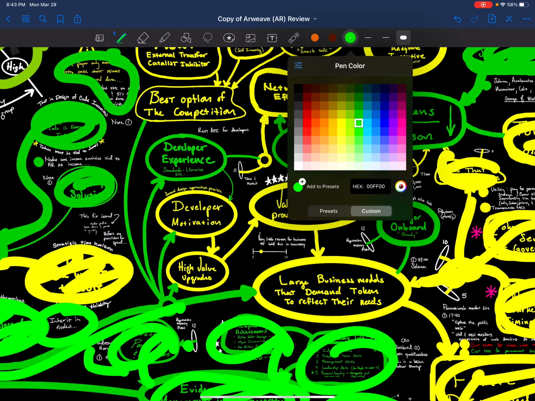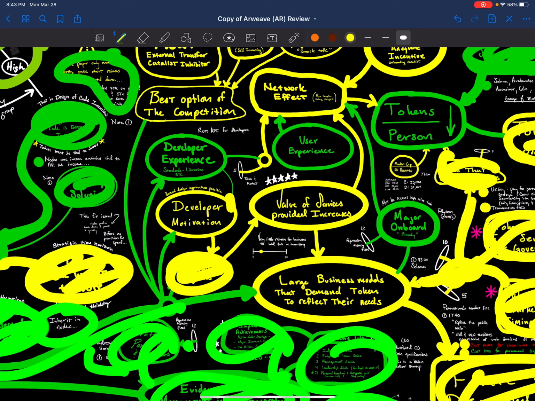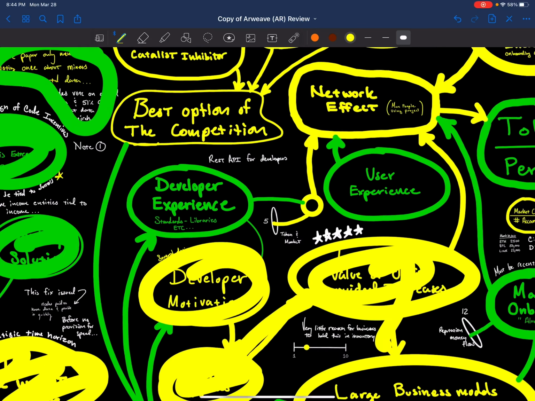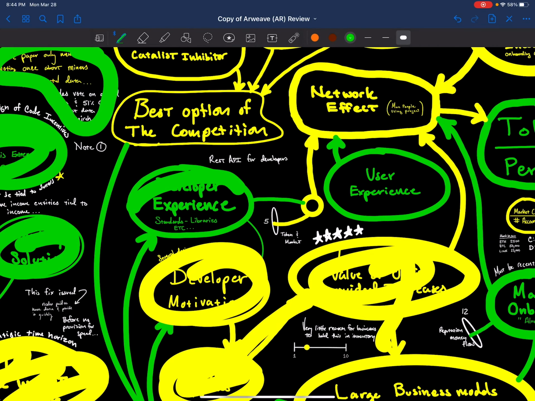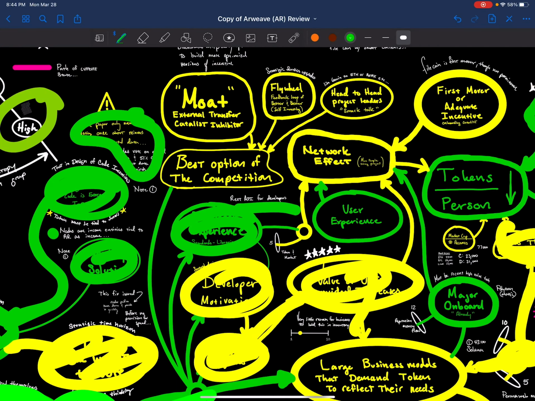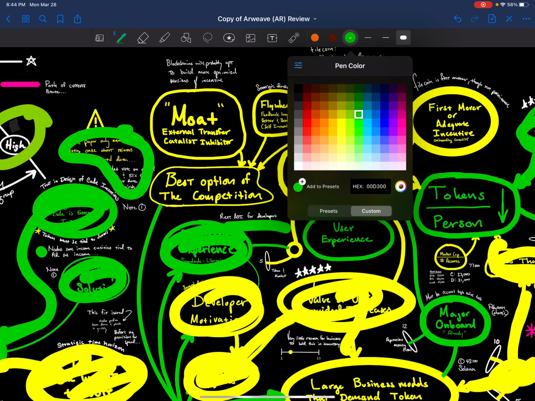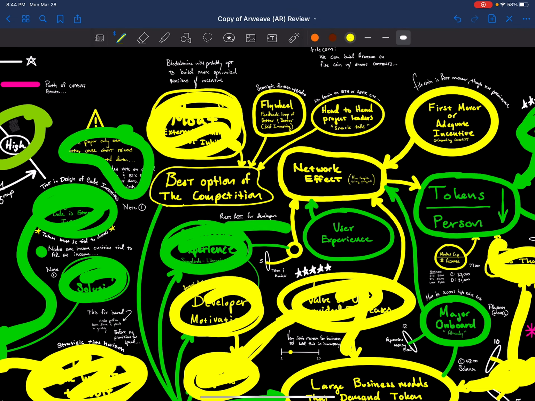All right, regarding these other things, high value upgrades, developer motivation and value services provided to increase, I put them all as neutral. Developer experience, I think it should be good because they have REST APIs for developers and all those things built out. There's a lot of neutral things, so I don't think there's a moat. I think there is a possibility for a moat, but that would be if they already won a bunch of different blockchains that can intercommunicate, and someone did build that universal UI that can access all the blockchains. That could be a moat in the future, but that would be difficult to attain. So I just put it as neutral.